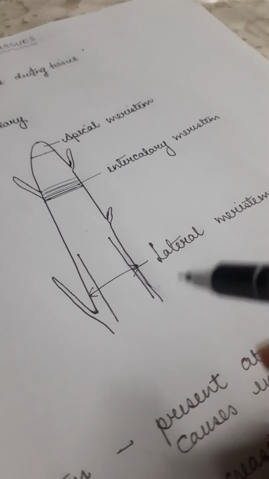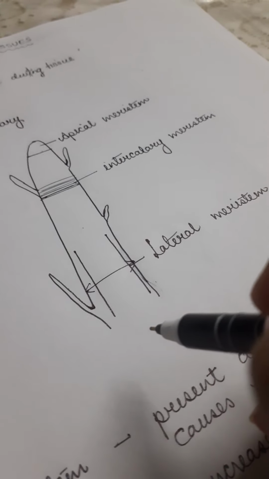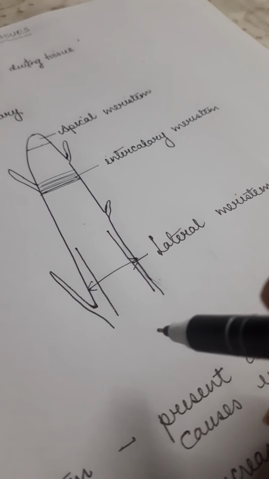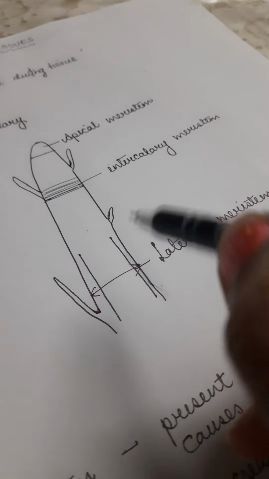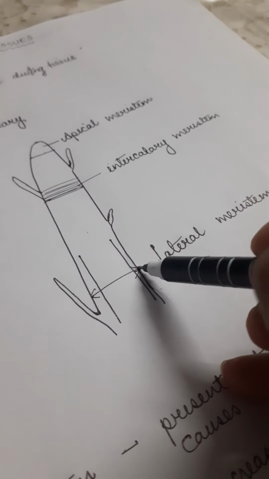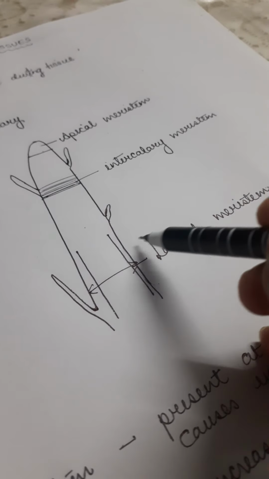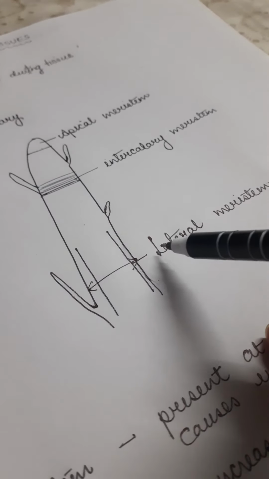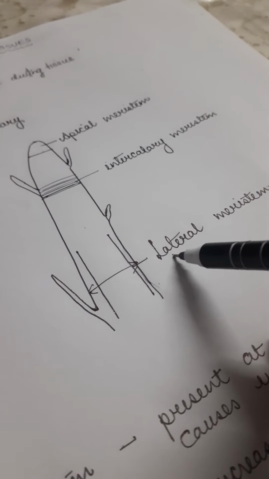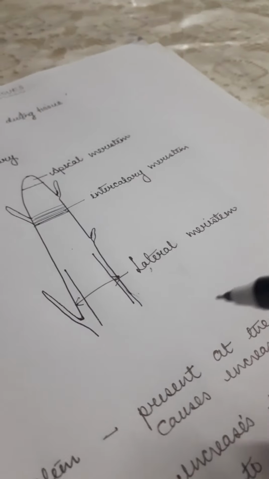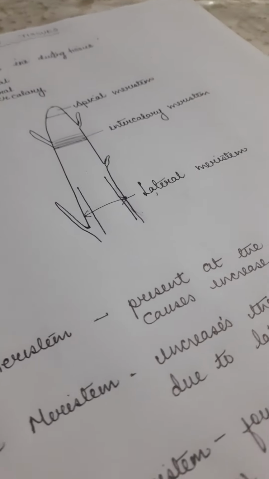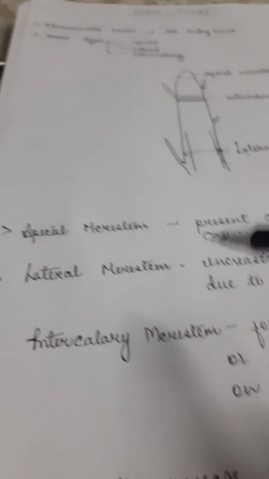When you see a mango plant when it is 1 year old, and when you see the same plant when it is 5 years old, you can easily make out the difference, and the plant has become a tree now. And the tree has got a big trunk, and that trunk has grown because of the addition of new cells from lateral meristem. So you have got apical meristem, intercalary meristem and lateral meristem. In totality, they are responsible for the growth of the plant.